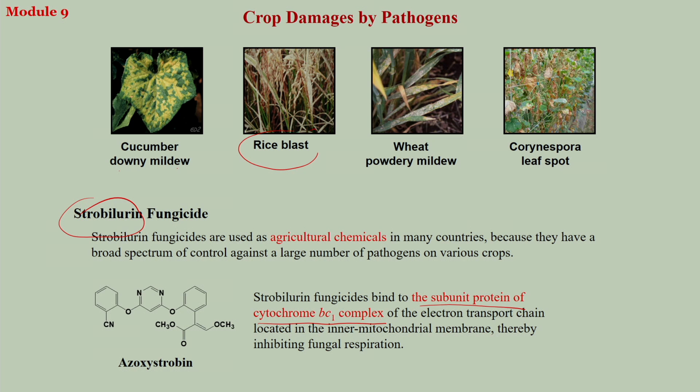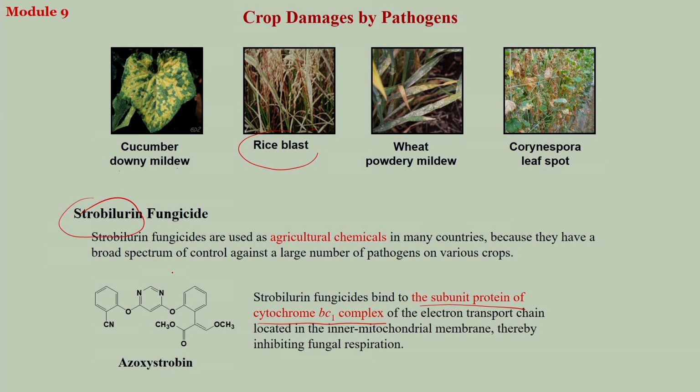So, cytochrome BC1 is a part of the protein, and that part is basically the active site of the protein. The pocket of the active site binds with this organic molecule. As a result, the electron transport chain located in the inner mitochondrial membrane is blocked, thereby inhibiting the fungal respiration. So, once this molecule binds or docks into the protein, then the protein cannot do its function, and